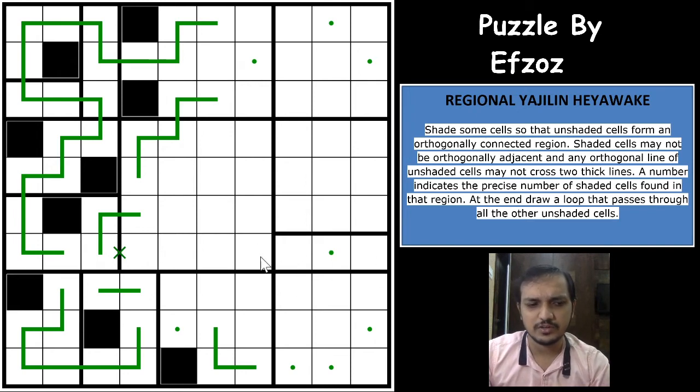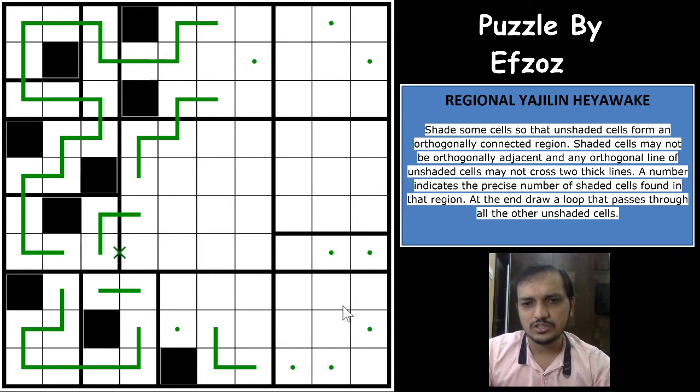A region of straight line of white cells, because when at the corner you have this kind of shaded cell, you have the loop form here, and all these three cells become unshaded cells, crossing more than two thick borders, right? So this also would be an unshaded cell. And now I can see here something is that